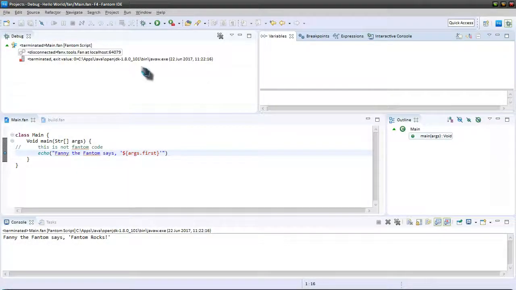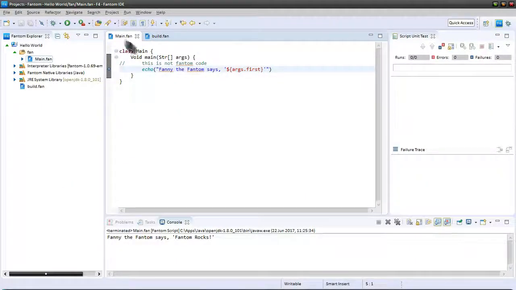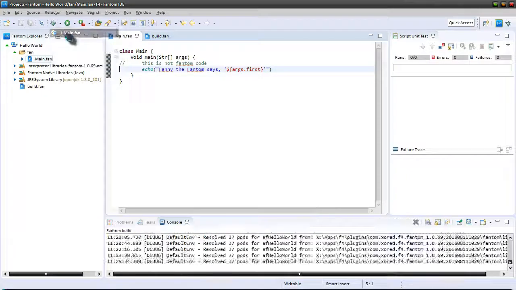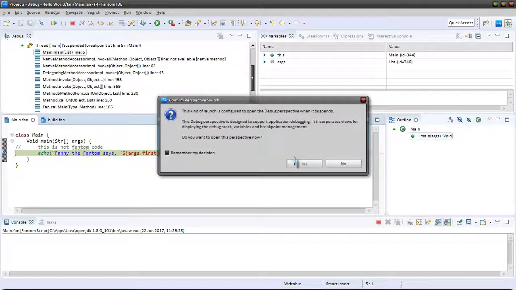The standard step in, step over and step out buttons are here, but we're just going to click run and complete the program. To get back to the standard Fantom perspective that we all know and love, just click the F4 icon here. I'll debug the program again because I want to point out that sometimes this variables view will